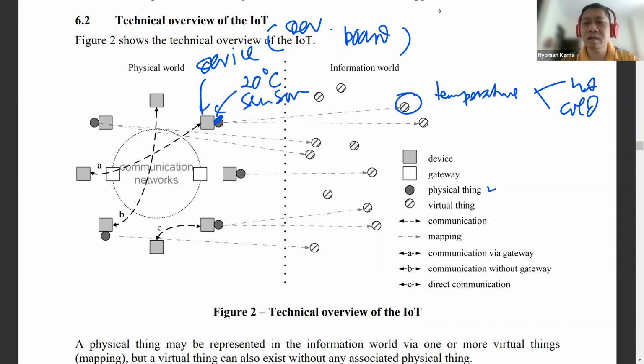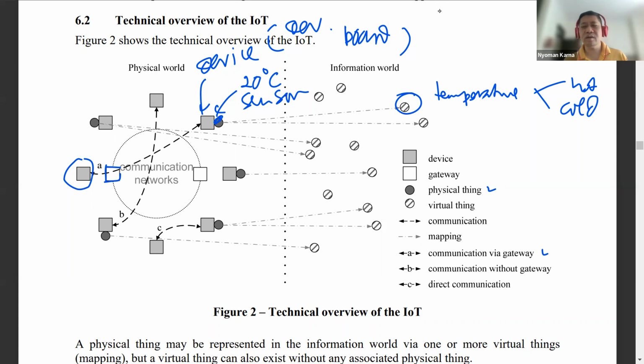The first one is communication via gateway. This is the example. This is the IoT device. To send the information, we need to use the gateway. And then beyond that gateway, it can interact with another device.